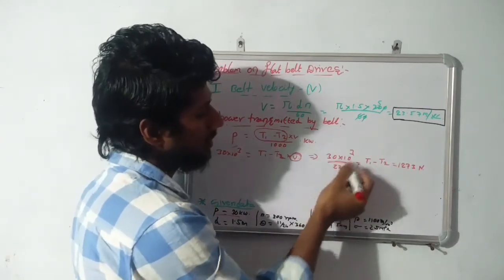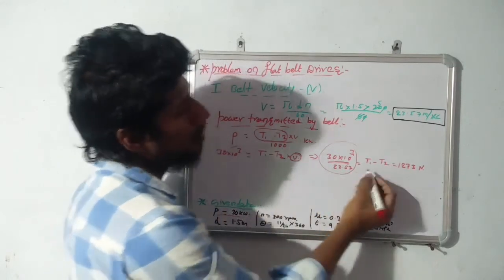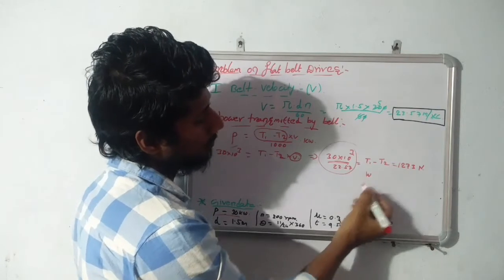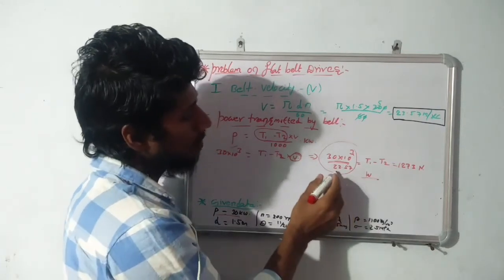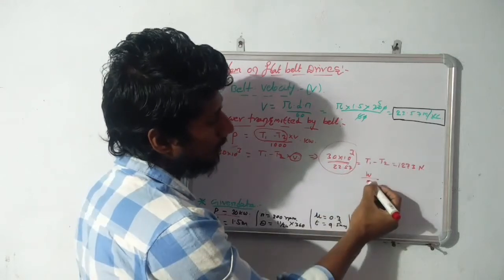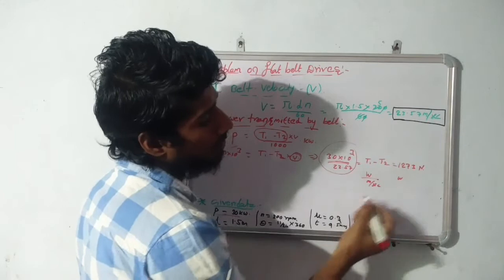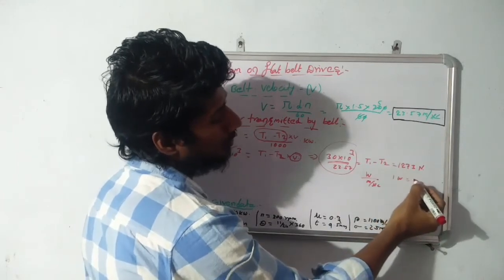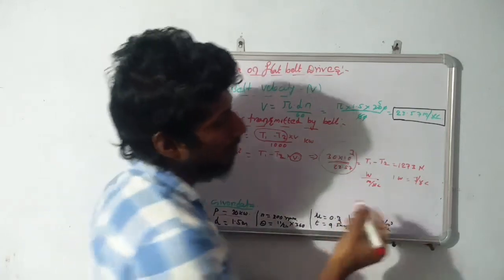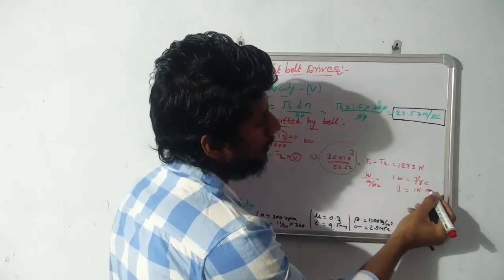Let's see the unit conversion here. We have now power. What are the units for power? Watts, divided by, what about this? This one is the velocity of the belt, meter per second. Here what we know, 1 watt equal to joule per second. What about the joule? 1 joule equal to 1 Newton meter.